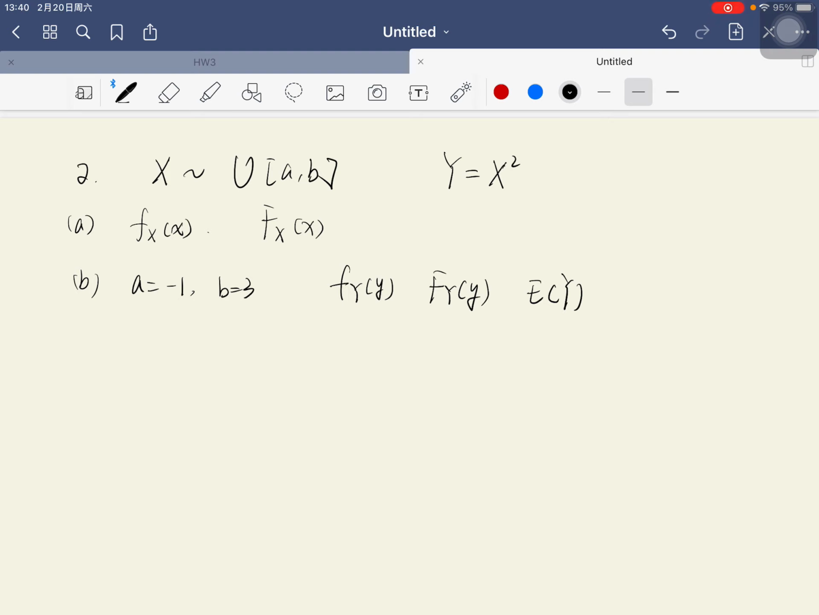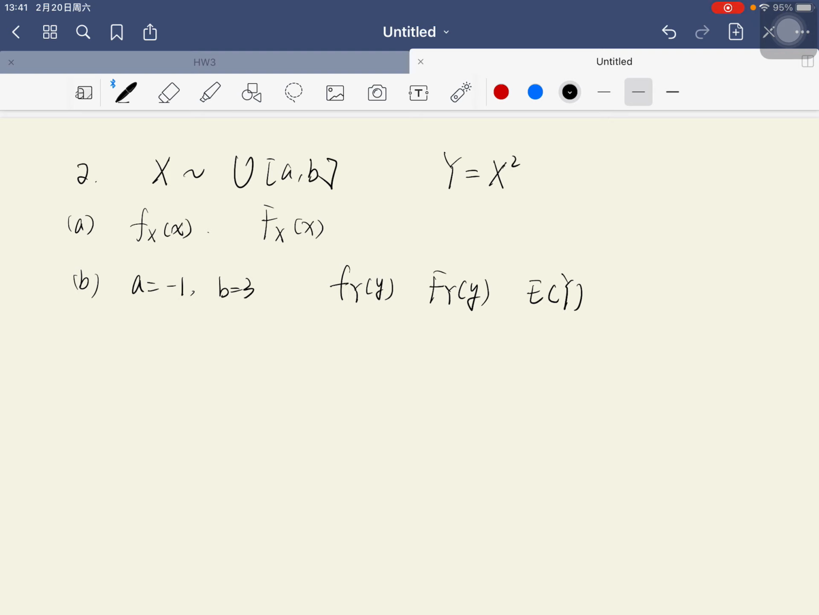And for the second question, under the condition of a equals -1 and b equals 3, we want to compute the density function of Y, the distribution function of Y, and the expected value of Y. So in this question, we want to compute first,